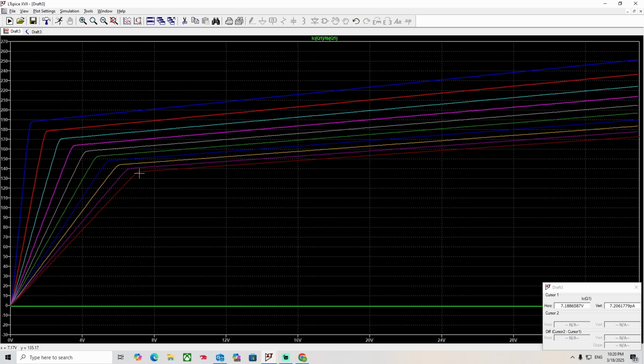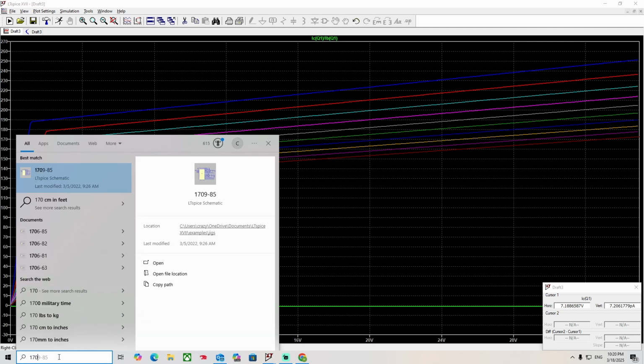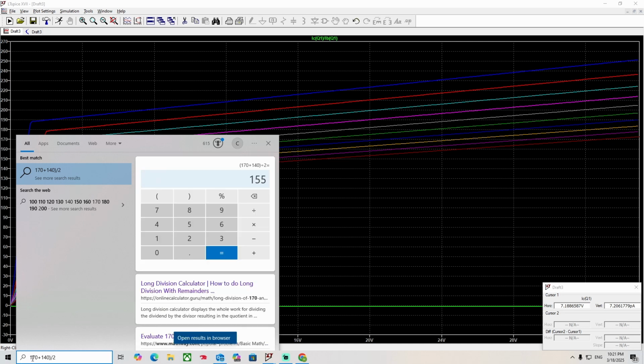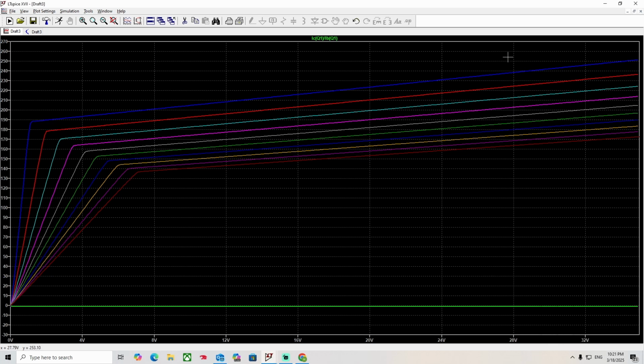I'd say about 140 to 170, so the average, which would be 170 plus 140 divided by 2. If I put parentheses in the right spot, then I get the right answer: 155. So 155 would be more accurate for this region right here, and it'll be much closer to 200 at the very minimum current, which is,